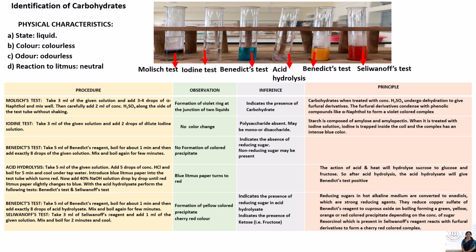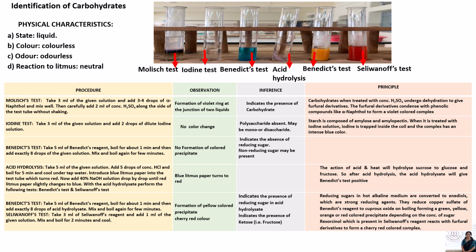Coming to Molisch test, this is a general test for carbohydrates. It gives a violet ring at the junction of the two liquids. It indicates the presence of carbohydrate. What's the principle behind this test? Carbohydrates, when treated with concentrated sulfuric acid, undergo dehydration to form furfural derivatives, which condense with phenol alpha naphthol to